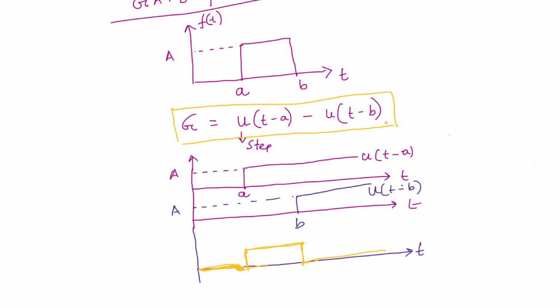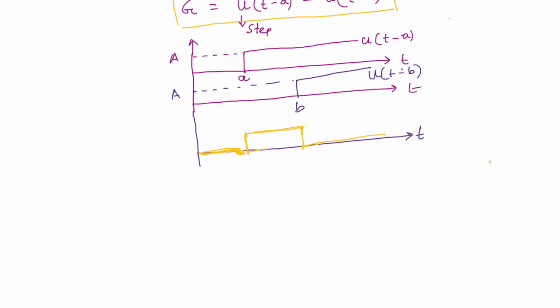Gate function is nothing but a subtraction between two step functions. Now what is the application? It's very important. One very important application of the gate function is that suppose we have any arbitrary function like this, any random, any arbitrary function f(t). Now when you multiply this f(t)